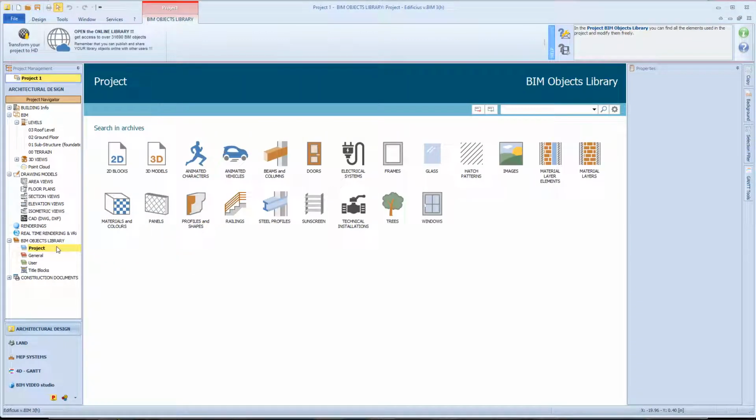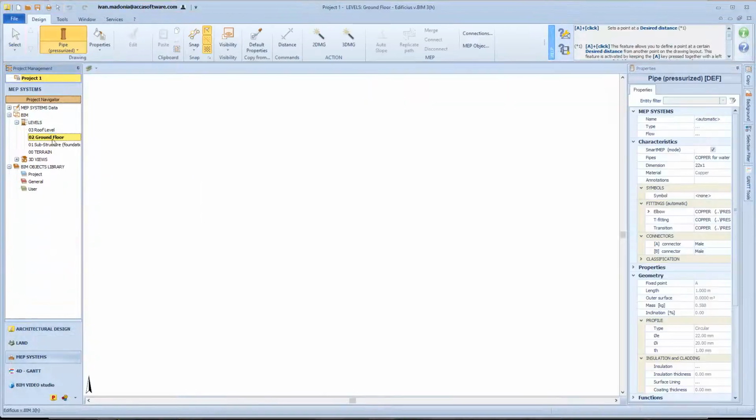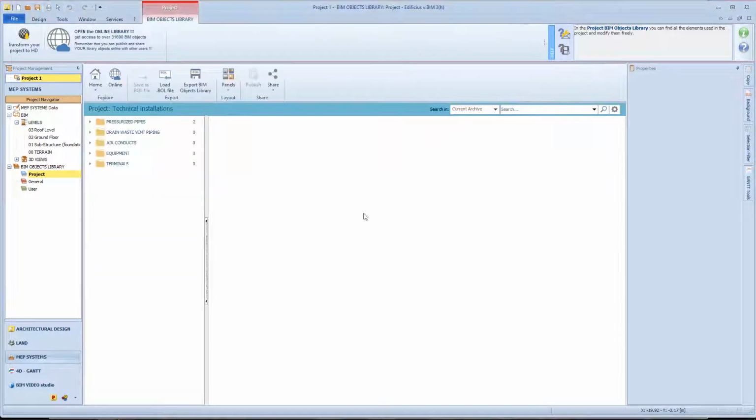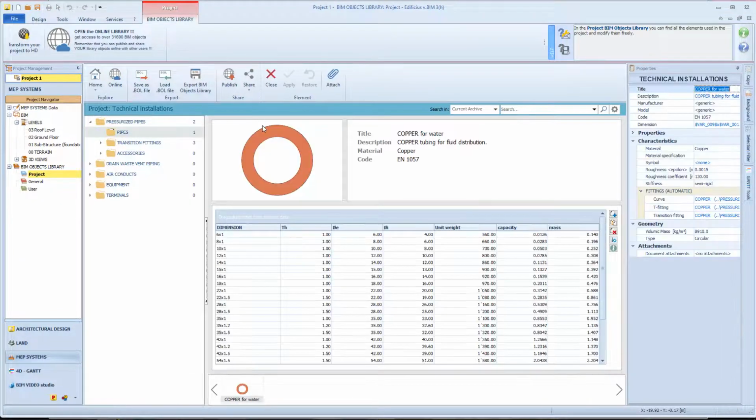If no piping has been activated on the file yet, the folders are present only in the General Library, while the Project Library and User Library are initially empty. If, on the other hand, a profile is selected, the commercial dimensions compatible with the material and shape of the selected profile become available in each library. By making different choices regarding the various default parameters set for the entities, the libraries will be automatically updated based